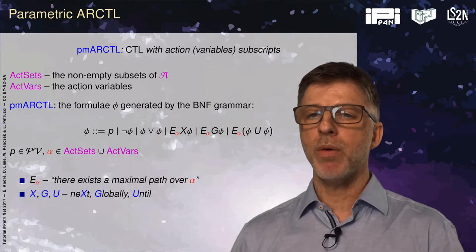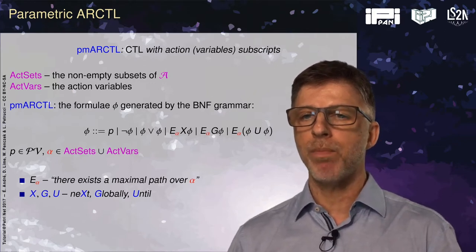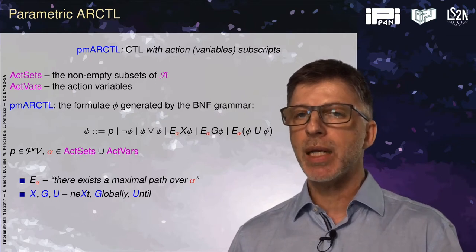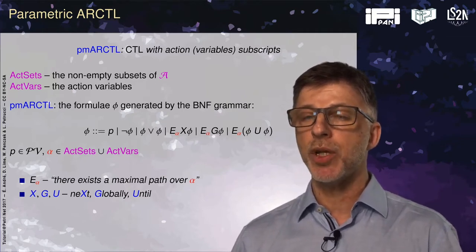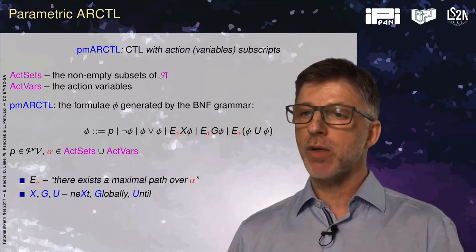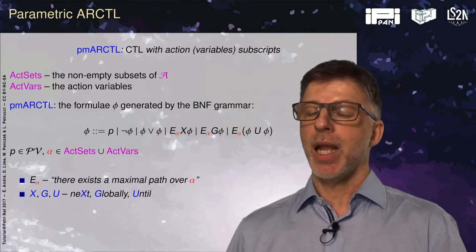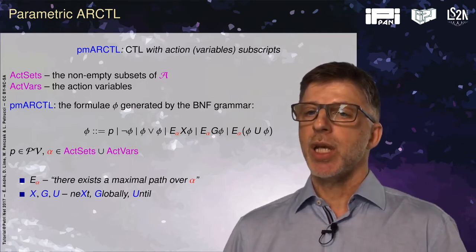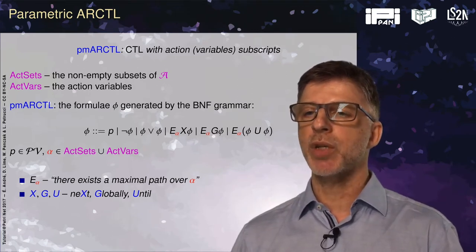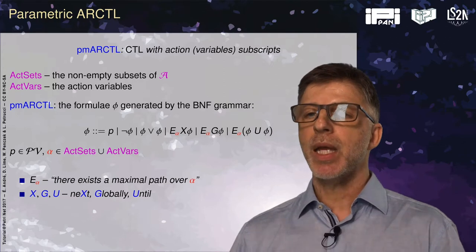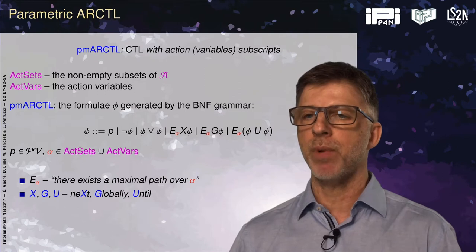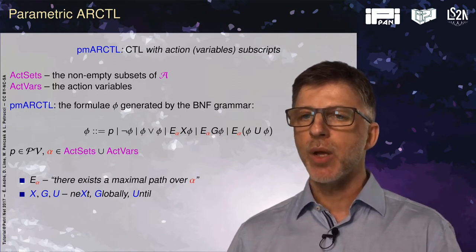So the logic I am going to look at is called parametric action-restricted computation tree logic, and it can be viewed as an extension of computation tree logic with action and also with action variables. Just an extension with action gives this action-restricted computation tree logic, and extension with action variables gives us this parametric version, because then in addition to specifying properties related to actions, we can also